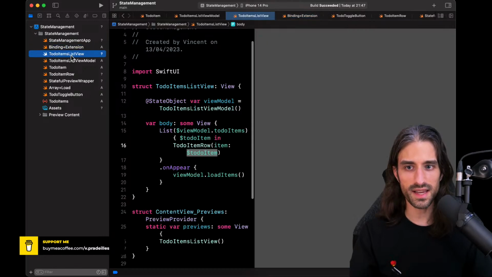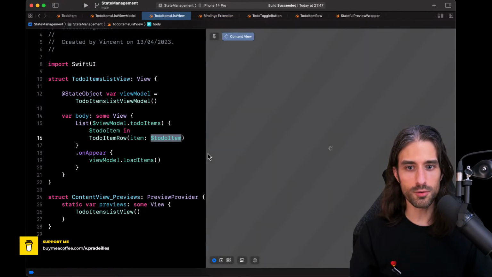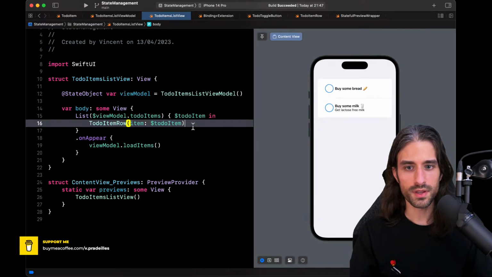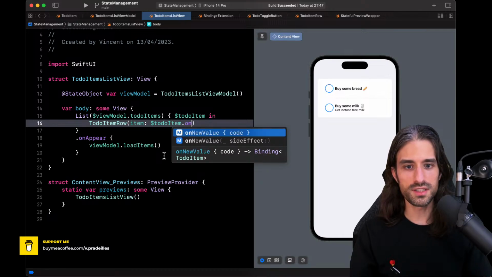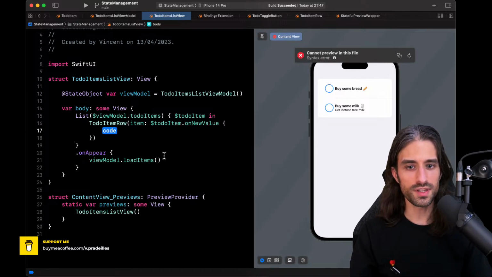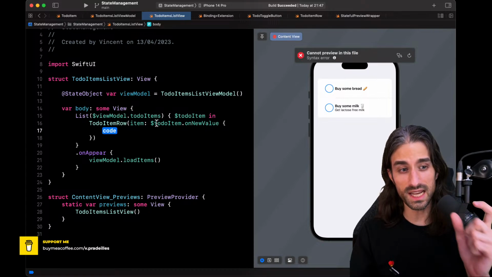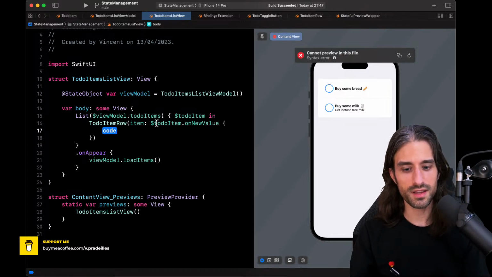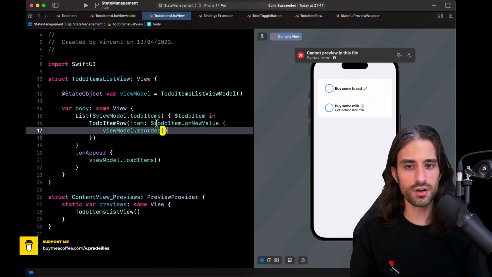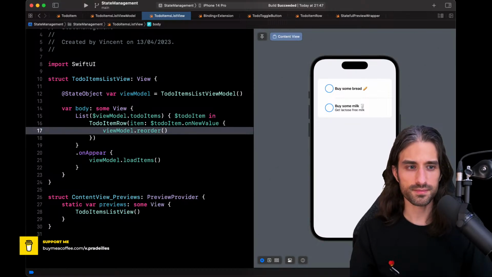And with this nice little extension, if I go back to my view, on the binding that I pass to my to-do item row, I can use my onNewValue modifier to say, okay, when there is a new value set to the binding, but the binding only refers to the element in the array and not the array itself, then on my view model, I want to reorder.